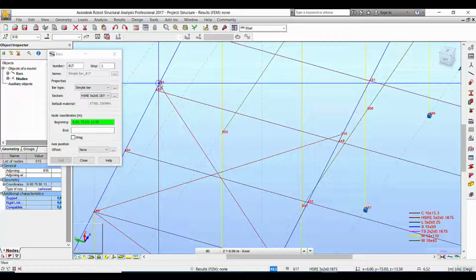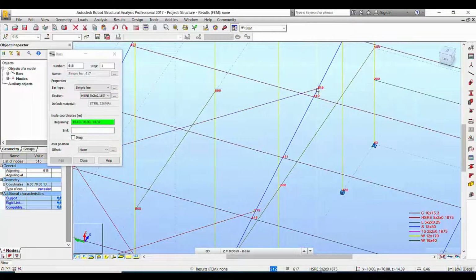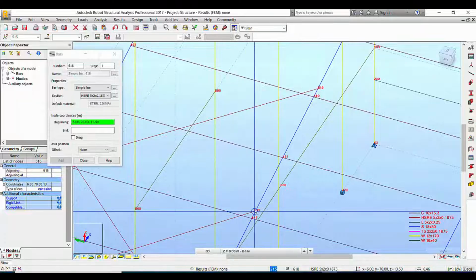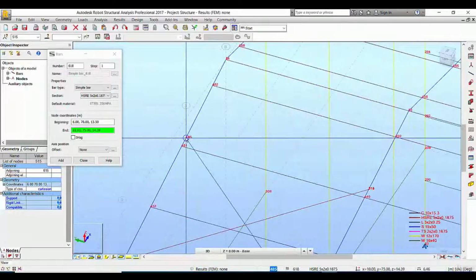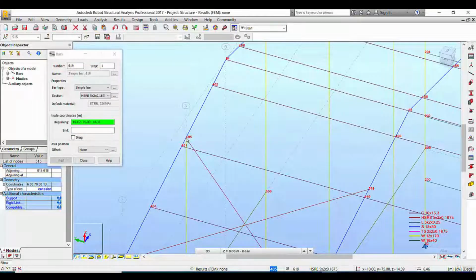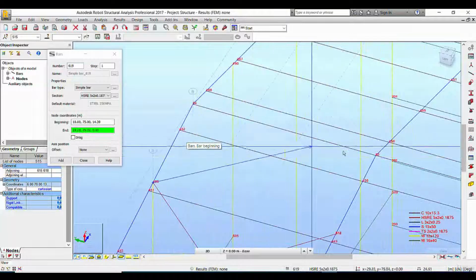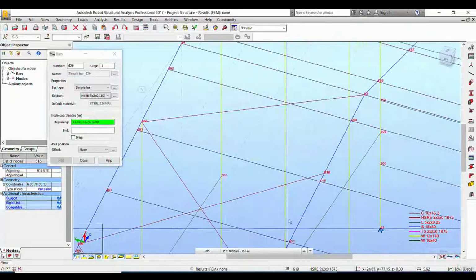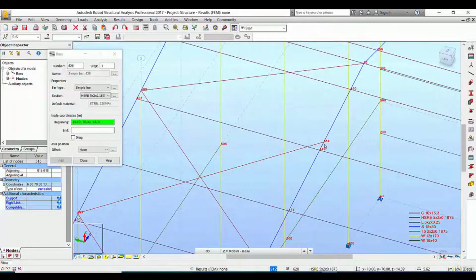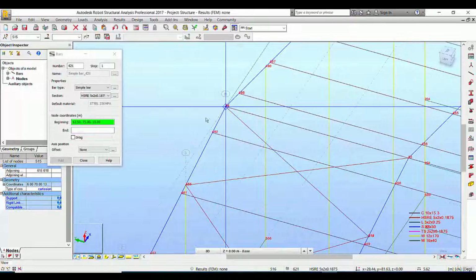Now from here to here, and from here to here, also from here to this point, and from this point to this point. Okay,